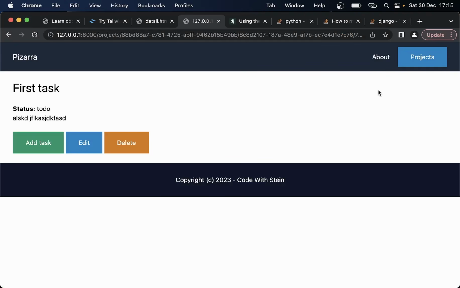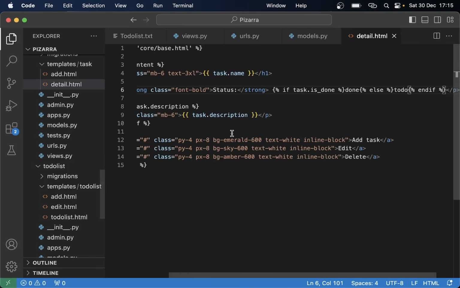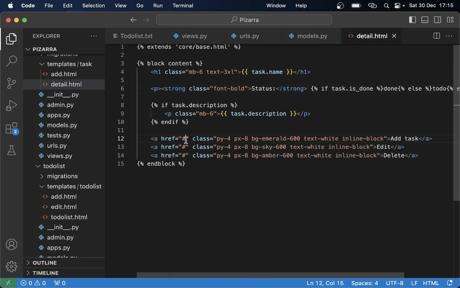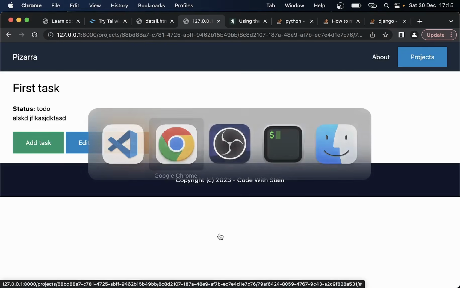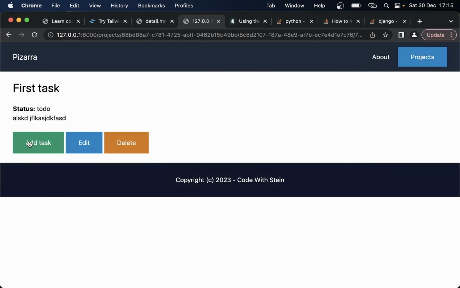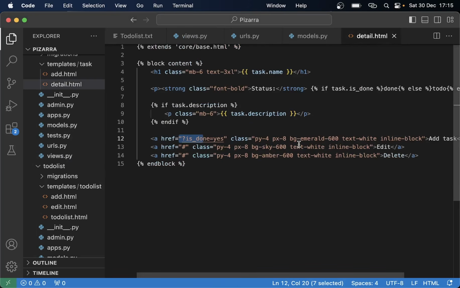Save and refresh. The status is to do, but I want to now make this clickable. So the page we are on, and then just is done equals yes. So then this will be pulled in here, and if the value of is done is yes, then we set this to done and save, and then we return here again. So we can change the title there,